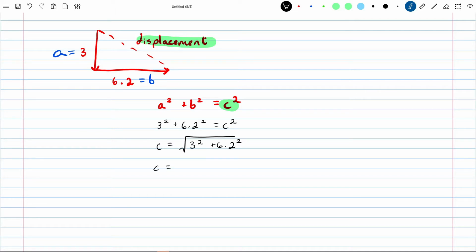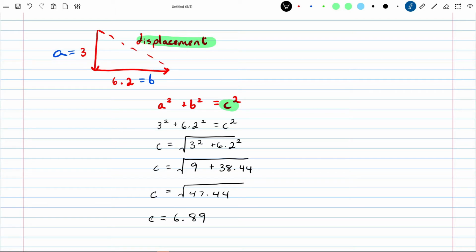c then is equal to the square root of 9 plus 38.44, which I just put into my calculator. I do not know that off the top of my head. c then is equal to the square root of 47.44, which is